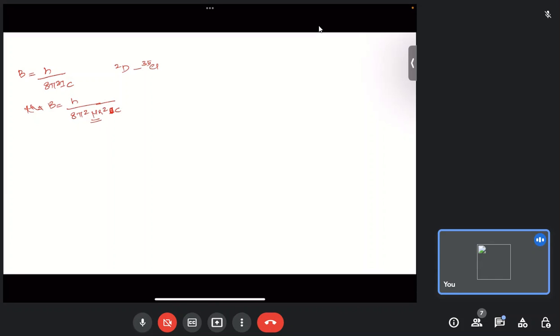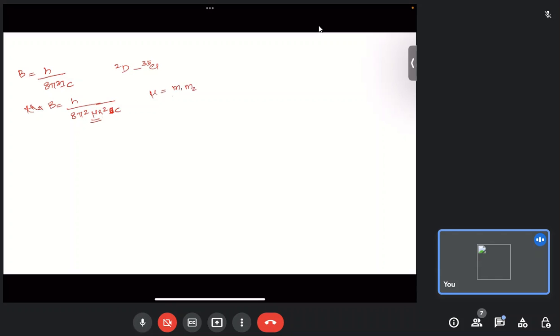It is 8 pi square mu r square c. Mu is what we have to find for the particular system. R has been taken from the previous calculation that we have done. We know what h and c are. So mu we'll calculate